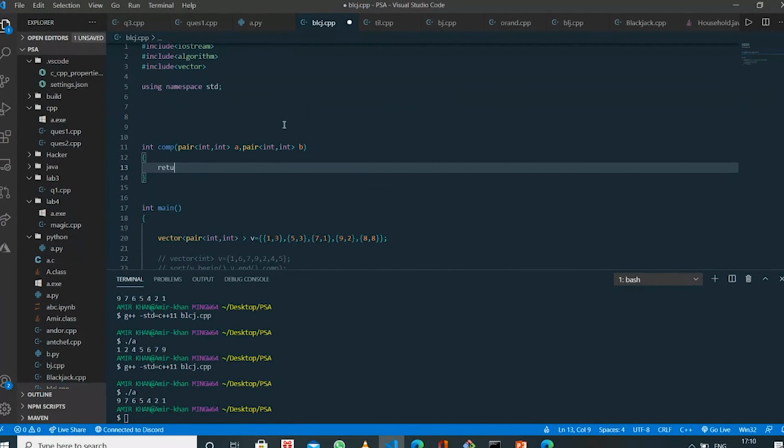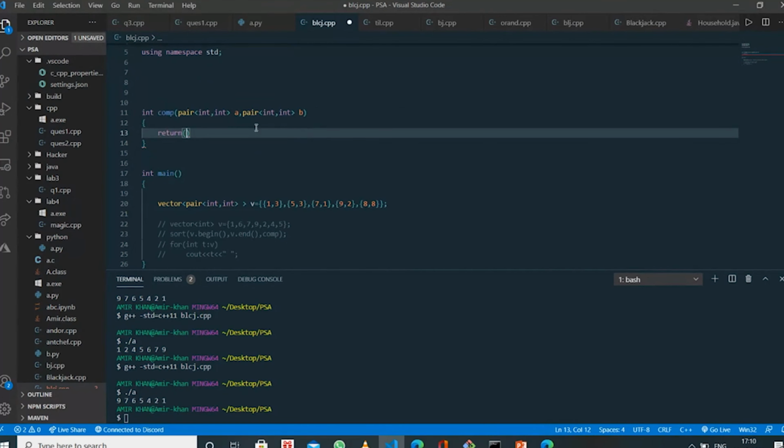So how do I want to sort my data? I want to sort my data according to the second element of the pair, like 3, 3, 1, 2, 8. I want to sort according to these elements. So I will check if A dot second is less than B dot second. If it is true, then I return 1, else 0.